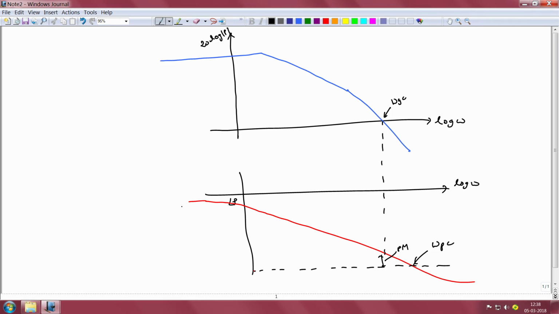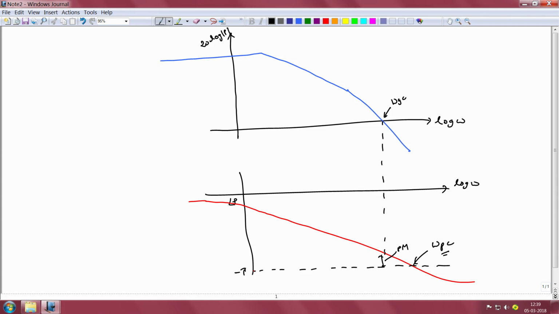So it starts from a phase close to 0 and then starts to decay monotonically. It crosses over at a certain frequency which we know is the phase crossover frequency, and then further continues to decrease at higher frequencies. Likewise, the gain characteristic is assumed to cross over at the gain crossover frequency omega gc, and the difference between the phase lag of the plant and minus pi at the gain crossover frequency is of course the phase margin of our system, the way it exists even before we have attempted to design any controller.